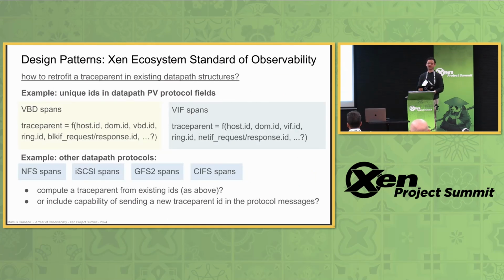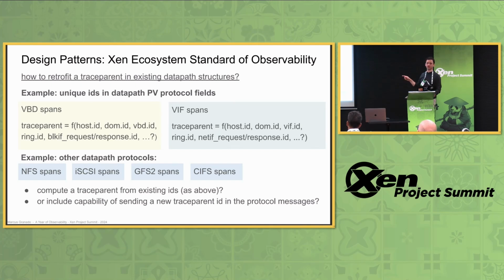And yes, that's the main question we have right now for the data path. That's something that we'll be interested in discussing more later, perhaps in a design session, which is how do you get a trace parent for some existing code which you may not want to change right now. For instance, when you have a block device request for VBD or a network interface device for VIF. We do have some IDs. They are available somehow, sometimes, in functions that we can grab using bpftrace. But ideally, we'd like to be able to pass our existing trace ID that we have for that request across all the different layers,